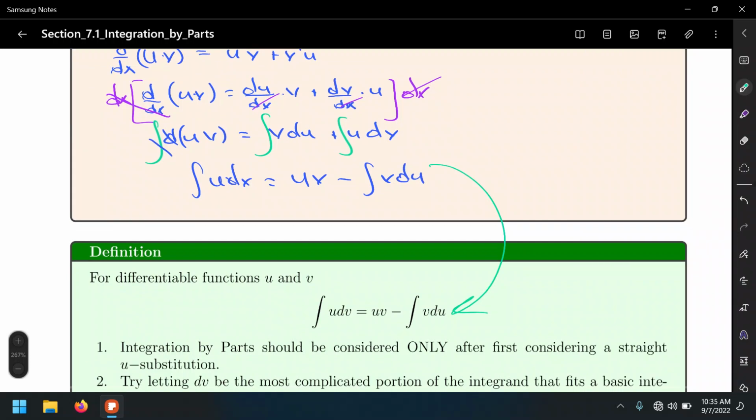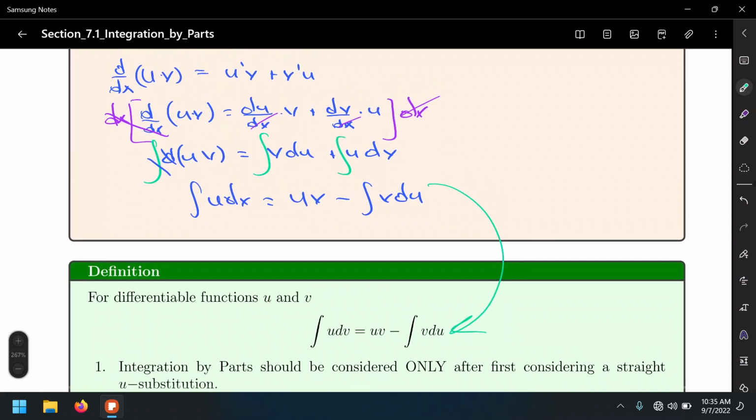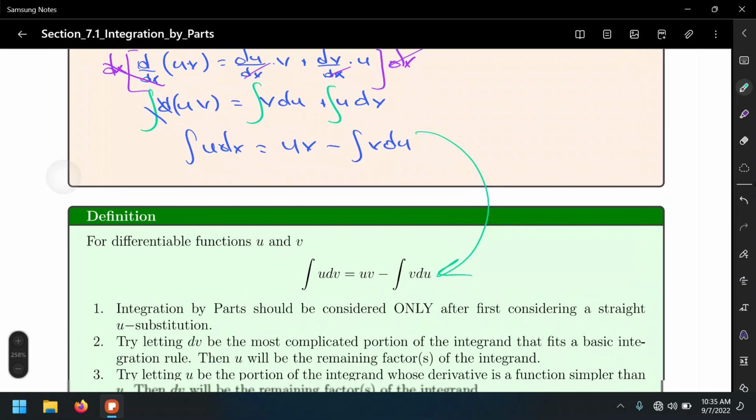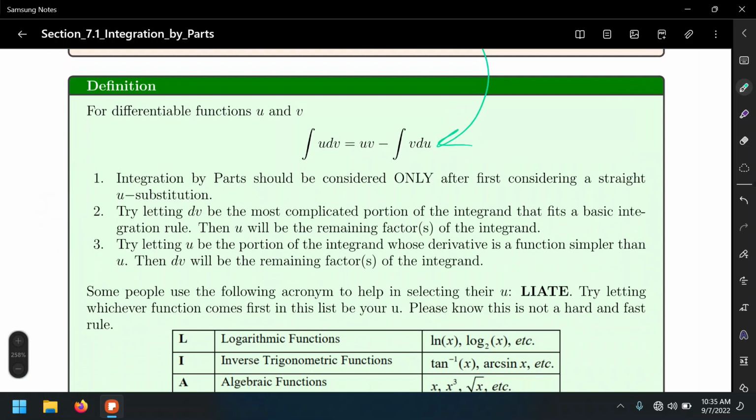All right, so again, that's the formula, but most importantly, where is this formula coming from? It's actually working with the product rule of differentiation, but backwards. All right, so let's see. When it comes to working with integration by parts, we need to do a setup that includes a u and a dv. The u is a function that will be differentiated, and the dv part of the setup will be the function that will be integrated. Well, it's important